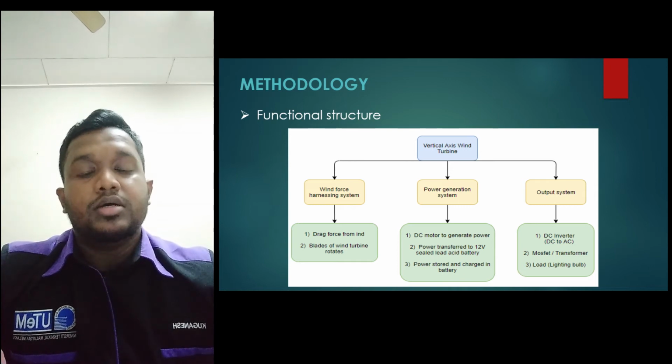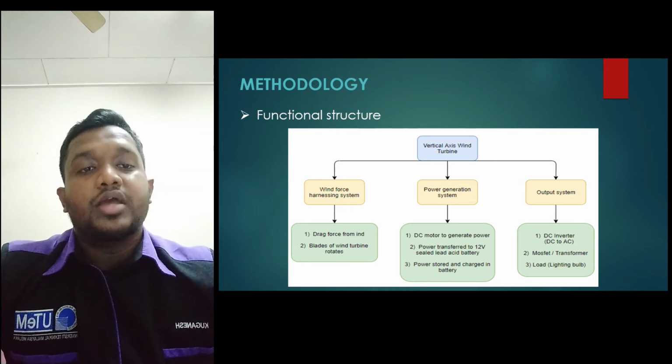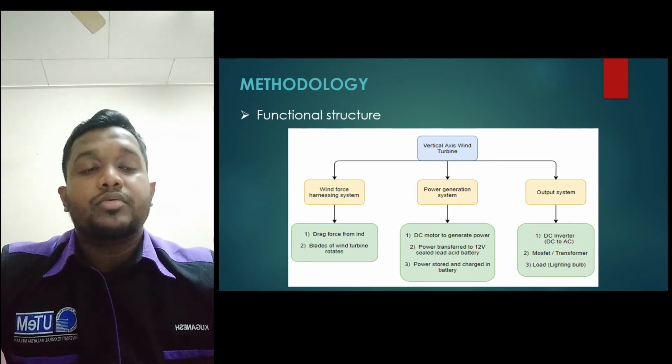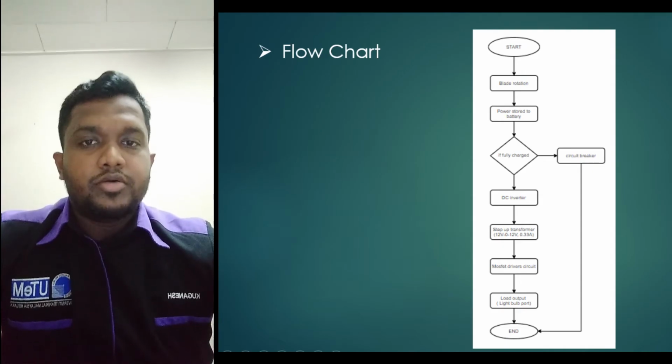So the load is the lighting bulb, which is chosen for efficient lighting with fixed volt and watt, captured by the specific lumens of the final output of this project. Okay, now the flow chart shows that